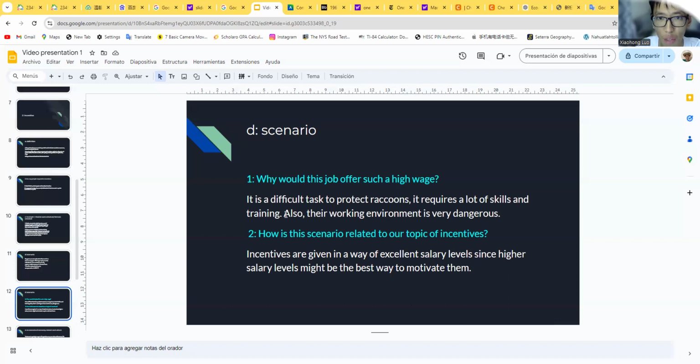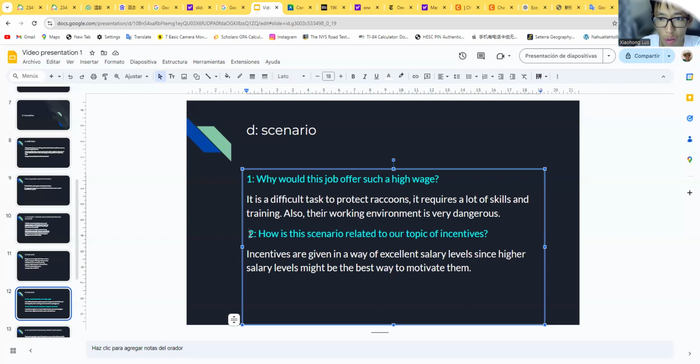Actually, sometimes those raccoons can bite people, which might spread a virus to people. So they have to take it cautiously. They have to pay attention and take care of themselves. And the second question,